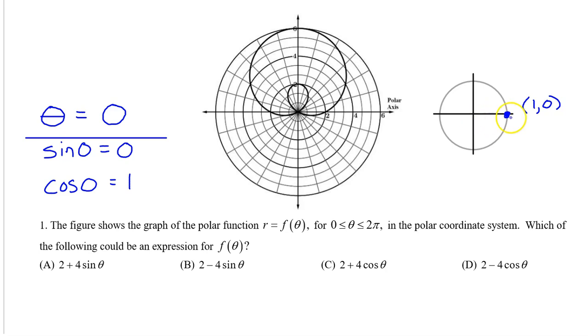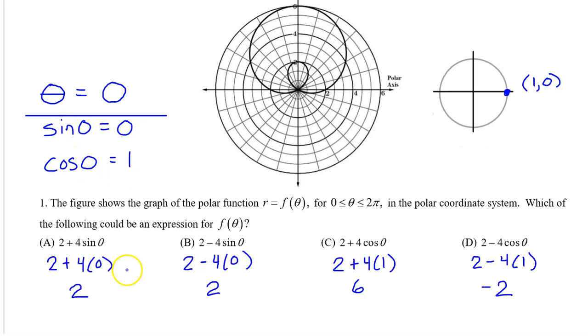At 0 radians on the unit circle, we have the point 1, 0. We know that sine is the y value and cosine is the x value, so the sine of 0 is 0 and the cosine of 0 is 1. Substituting 0 for sine theta and 1 for cosine theta, these are the values of the four options when theta